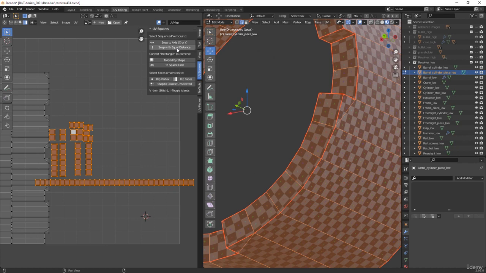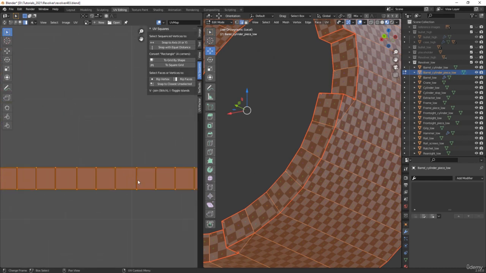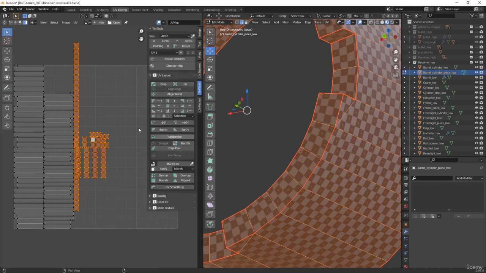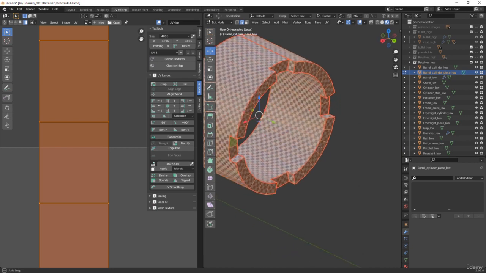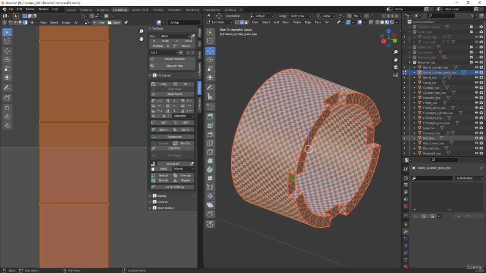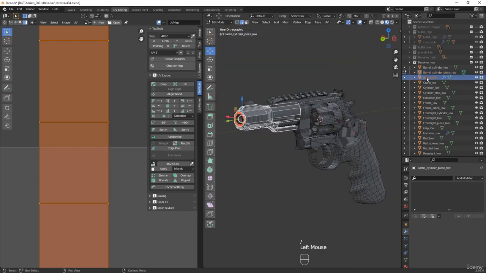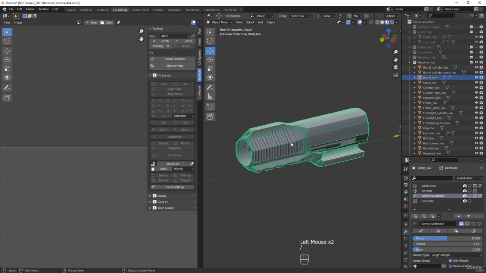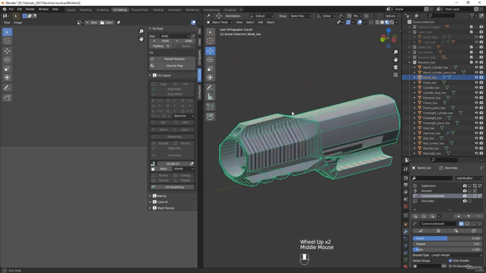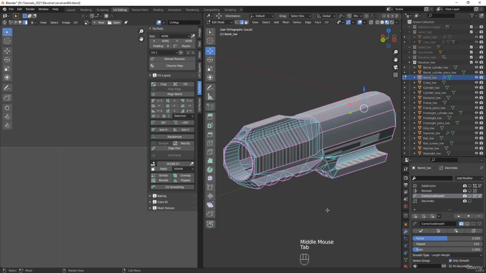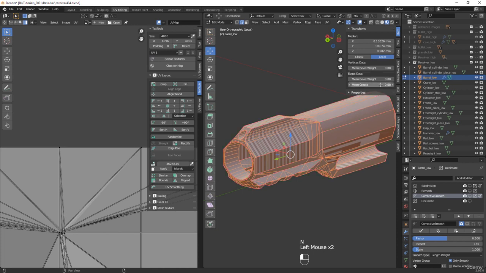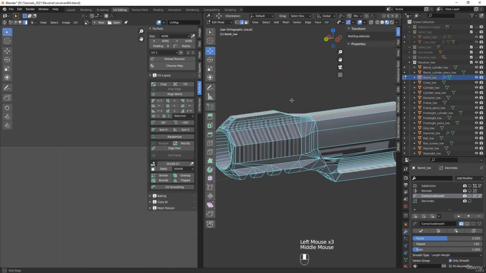So let me try with that one here, snap with equal distance. And that also doesn't seem right. So I'm gonna stick here with a rectify. That actually does a decent job, and we don't have to do that extra step with the follow active quads that we were doing before. So sometimes it's worth trying these different tools that we already have at hand here in order to minimize the work. So now on that one, let me also disable the mean crease